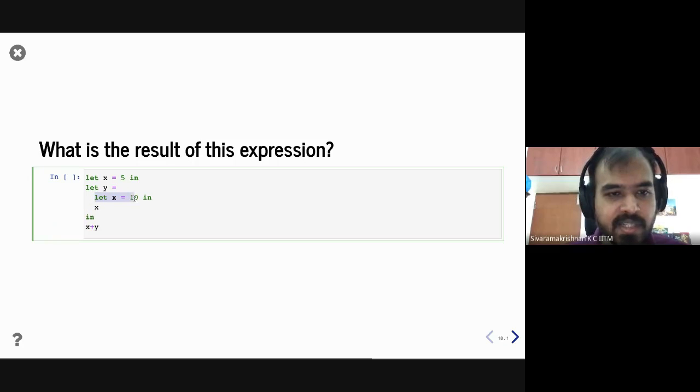When I say let x equals 10 here, this x shadows the previous one. Okay. So in this scope, the body of just this expression, the x is going to refer to the x here, which is shadowing the previous x, right? So the value of x here would be 10 because this inner definition shadows the outer definition. Okay. But now when this expression is complete, and now when I refer to x here,